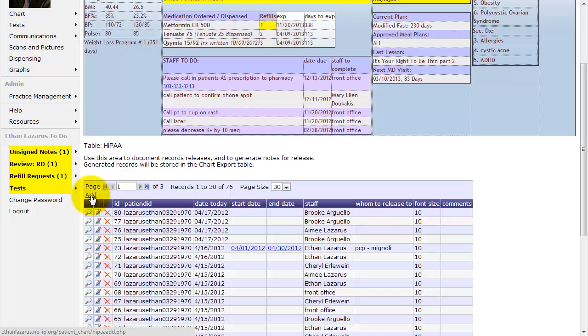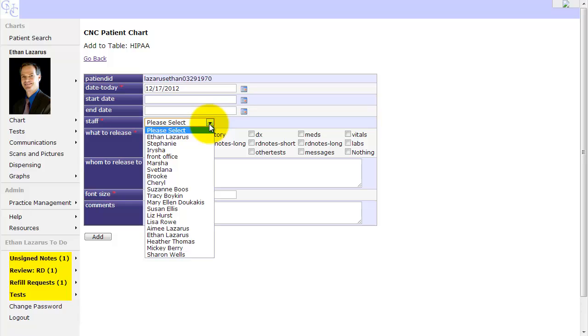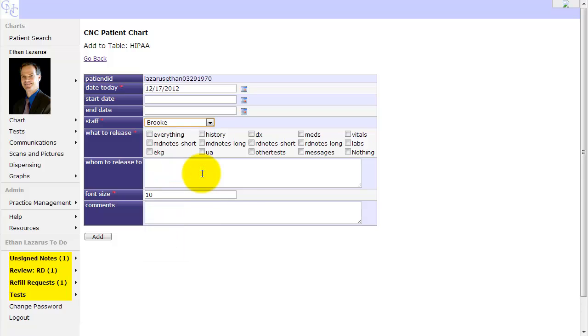Say another doctor asked for the whole chart. We're going to click add to add a release. We're going to put the date, and if we want to release specific notes we can put start and end date. If we want to release everything we can just release everything. We need to put the staff that is releasing, so select your name if you're the one releasing the notes,